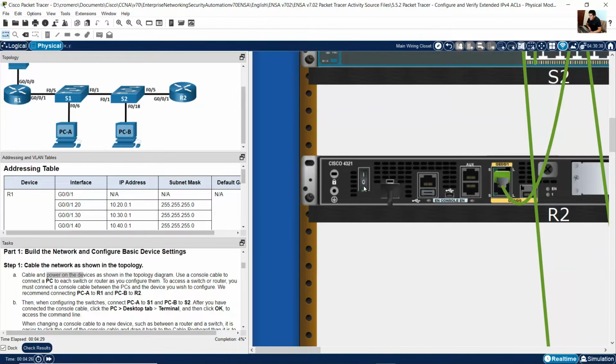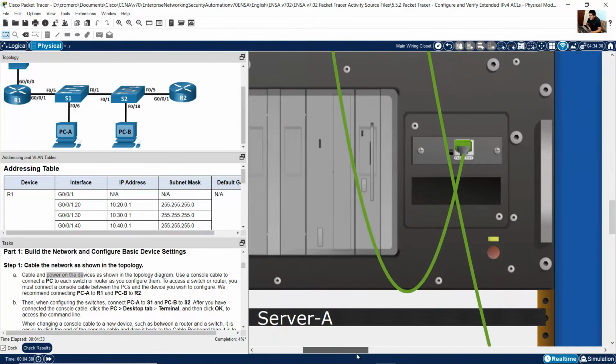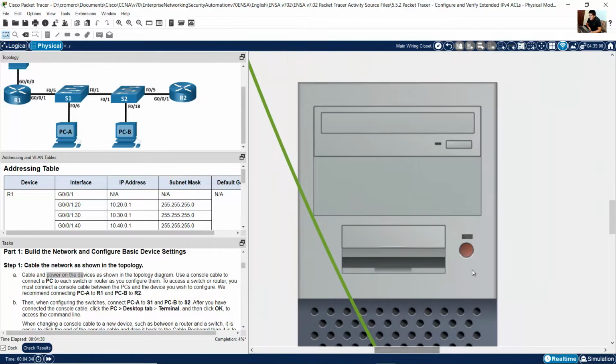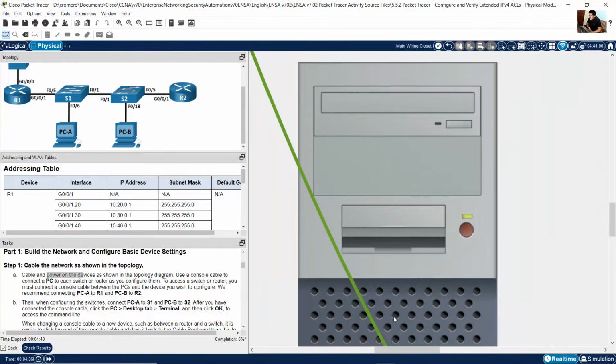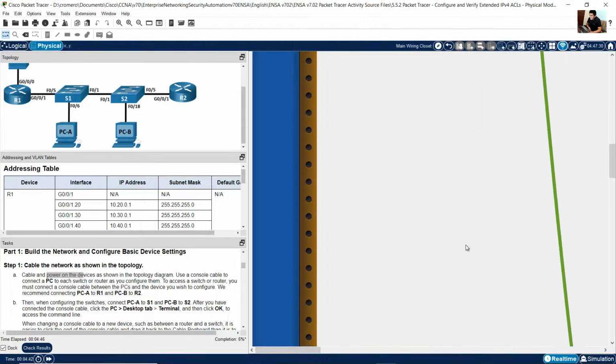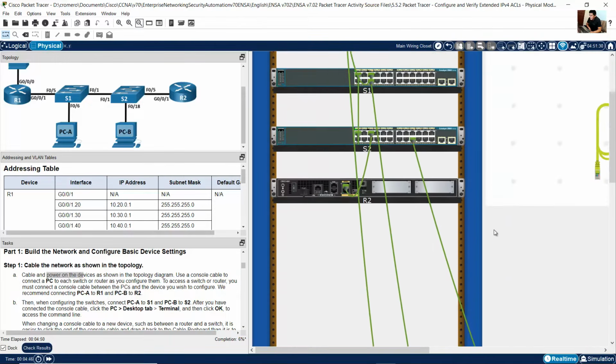R2 power on. The server is powered on already, PCA powered on, and PCB. Okay, and now